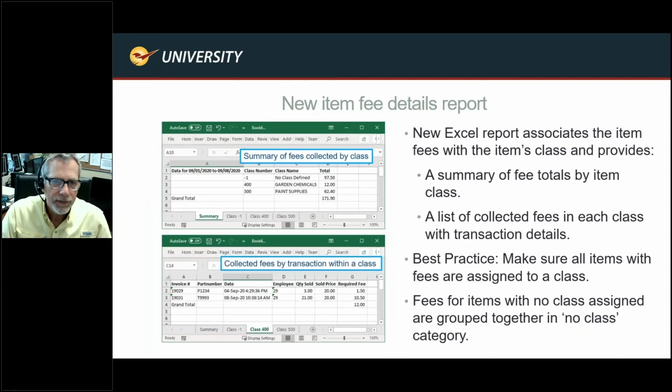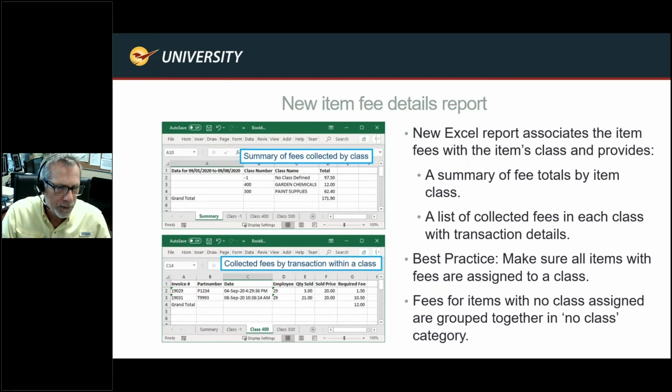On the reporting side of things, we enable you to now have an opportunity to produce a report. And as you can see, depending on how you produce this report, what criteria you select, your reports may be different. So you have a summary of fees collected by class, then you have collected fees by transaction within a class. And it looks like these are all within the same Excel document.